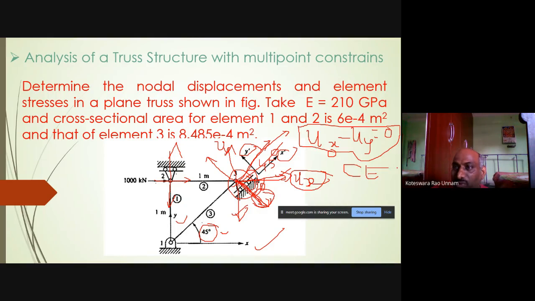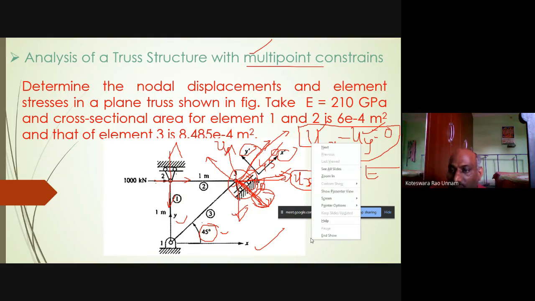So why we will call it multi-point means we have written this constraint equation for 2 degrees of freedom. One is ux degree of freedom, another one is uy degree of freedom. That's why it is called multi-point constraint. It is a constraint equation. That means a constraint relation between 2 degrees of freedom. So that's why it is called multi-point constraints. So now I need to define this constraint equation in the software, so that this support can be modeled as a roller support.